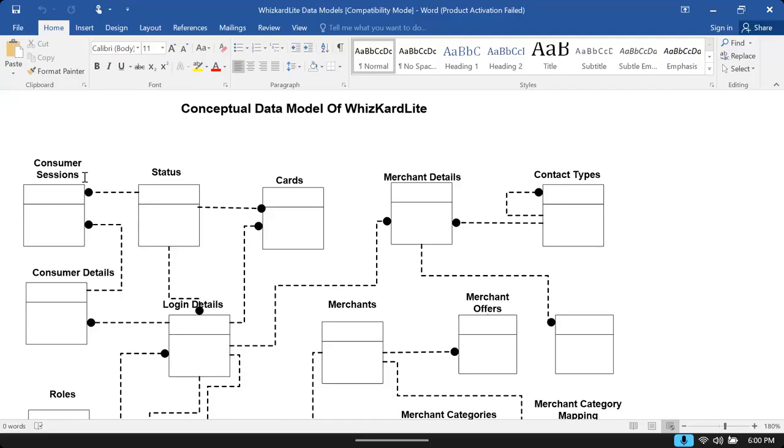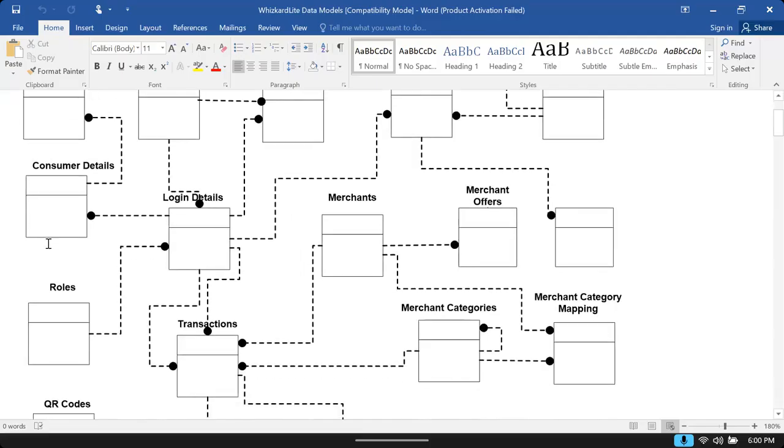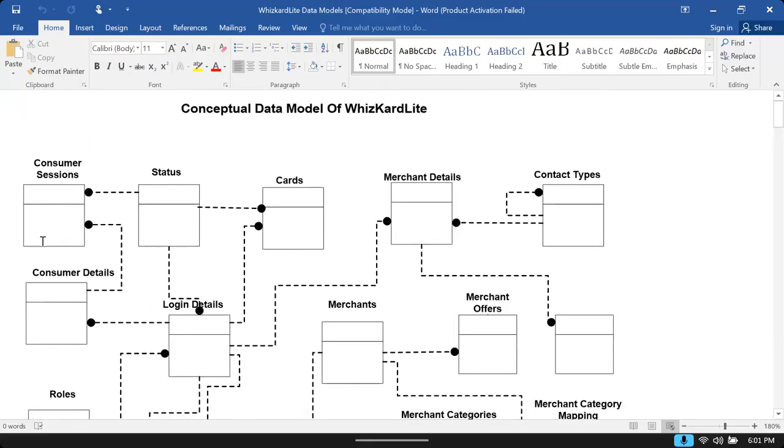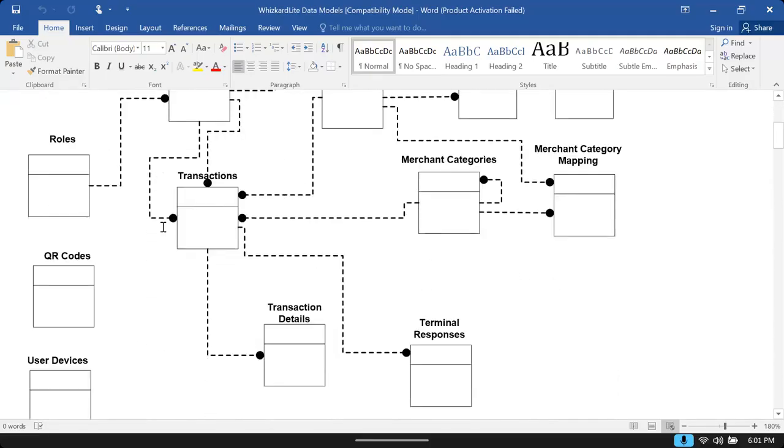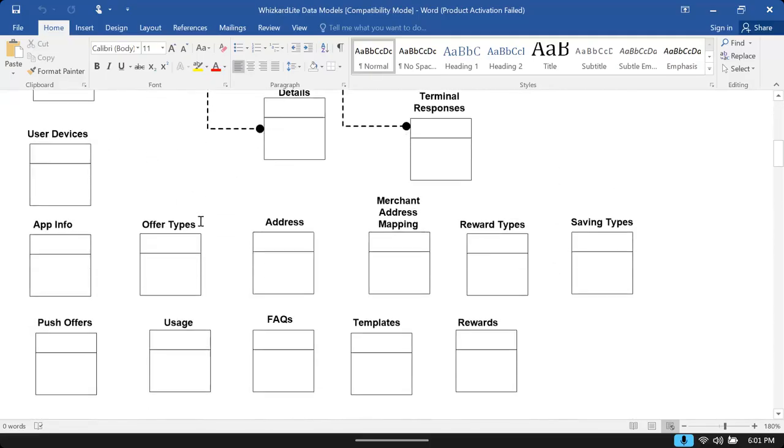These are all the modules we need data for, and first we will prepare the list of these modules. So this is the list of all the modules we have, and this is only the names of the modules.